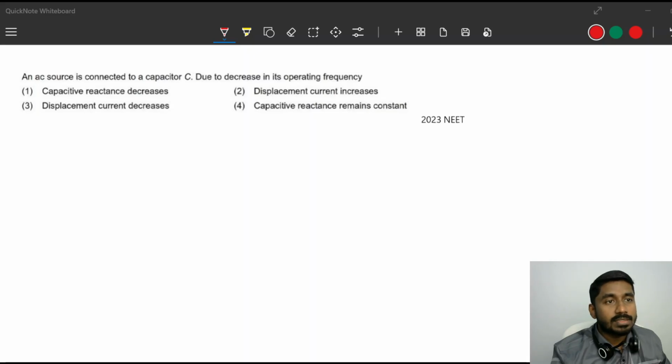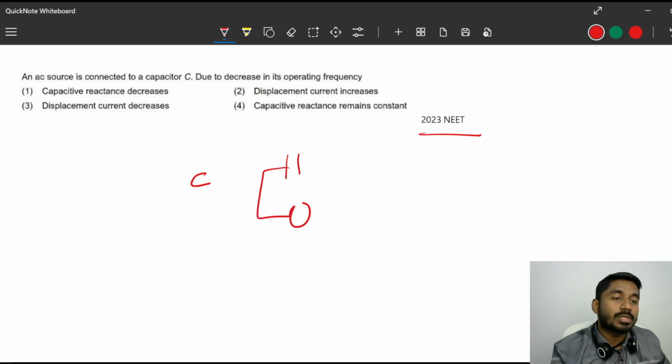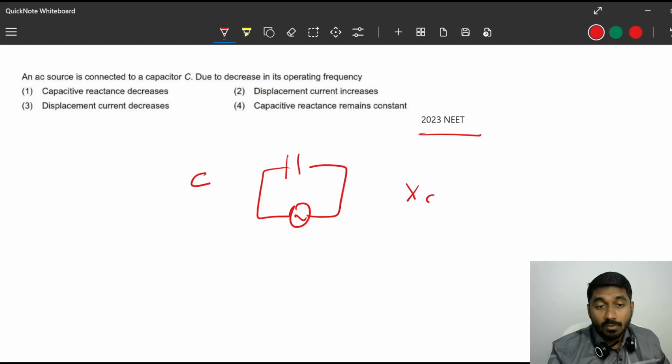So this question is connected. Okay, this is a very important question. It's a question from the 2023 NEET. An AC source is connected to a capacitor C. Due to decrease in its operating frequency, first of all, let's understand what is the relation between capacitive reactance and